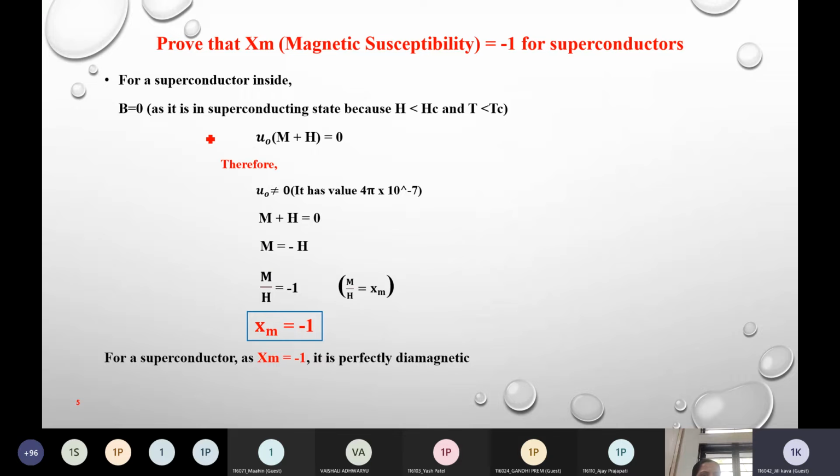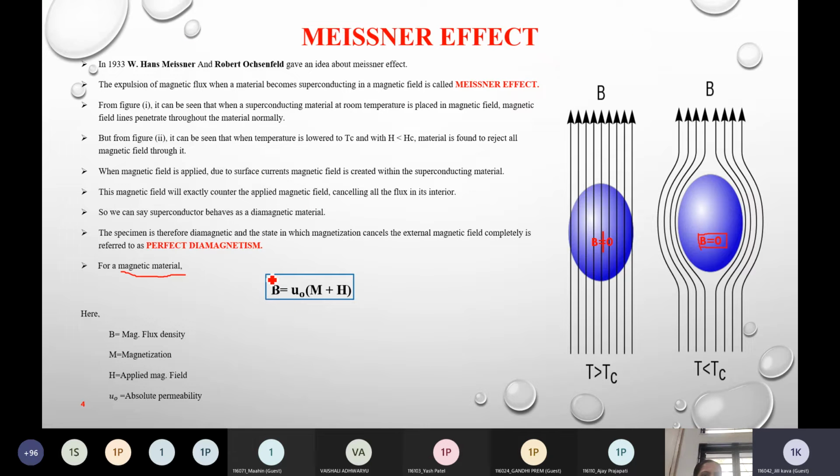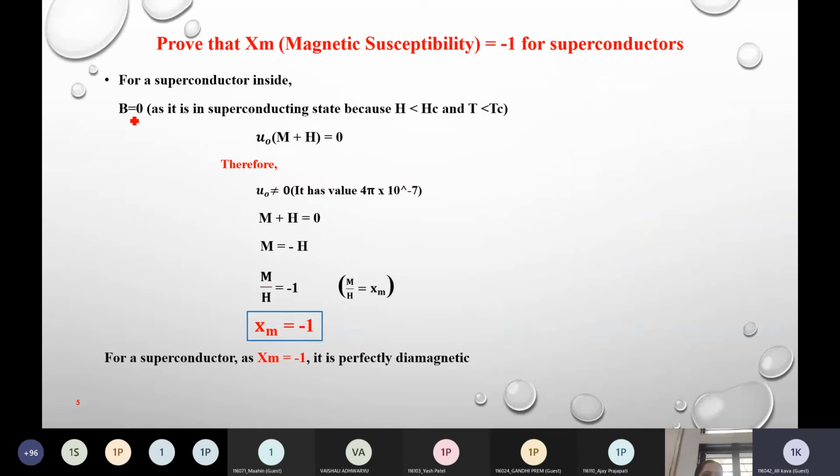So we are using the formula from the last slide, B equals mu 0 times M plus H, where we take B as 0. Mu 0 is not equal to 0 as it is a constant, which is 4 pi into 10 to the power minus 7. So M plus H is 0, and